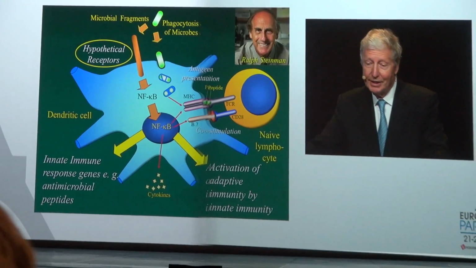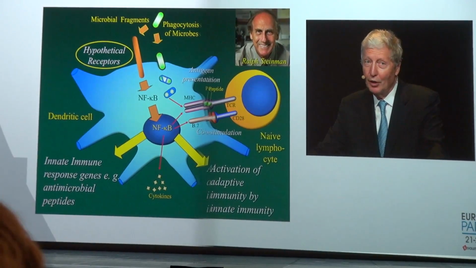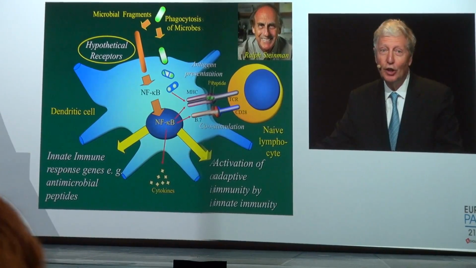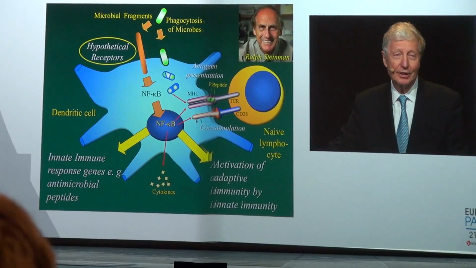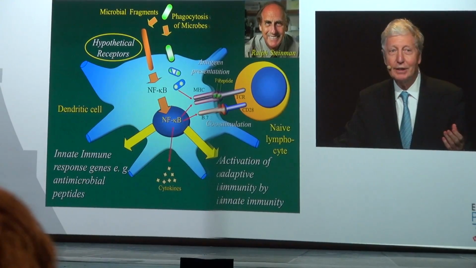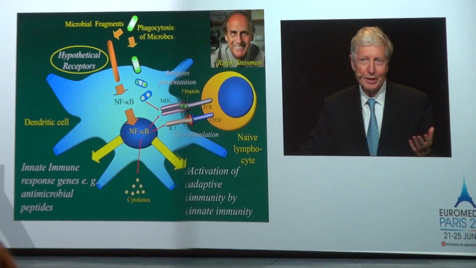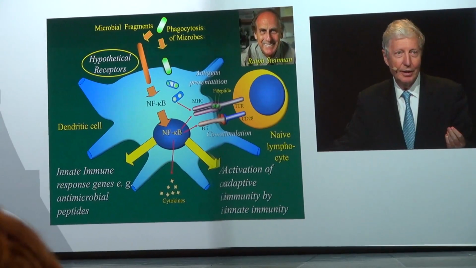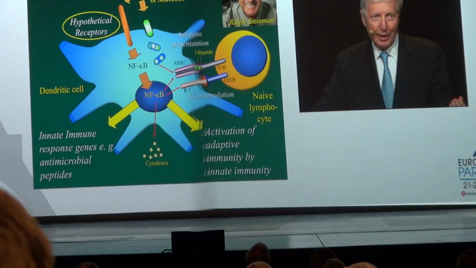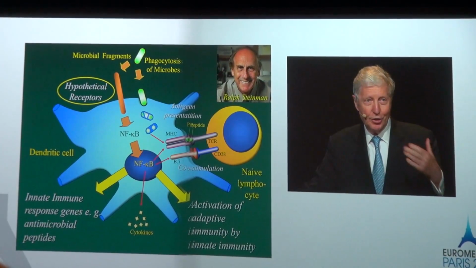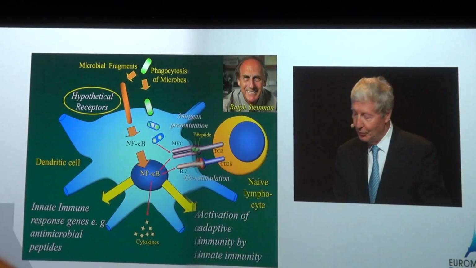For that reason, they said, the number of those receptors should be relatively low, not in the millions, but maybe dozens. And they should recognize modules, ligands, as we would say, which are typical for bacteria or fungi, and actually do not change over evolution. Now, you see